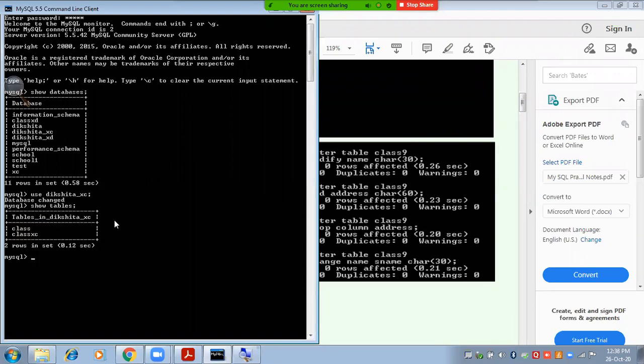So we have two different tables, class and class 10C. So let us check whether we have the records in the class 10C table. So select star from class 10C. So we have only two fields in this table. One is roll number and one is name. Now suppose I wanted to add one new field in this same table.